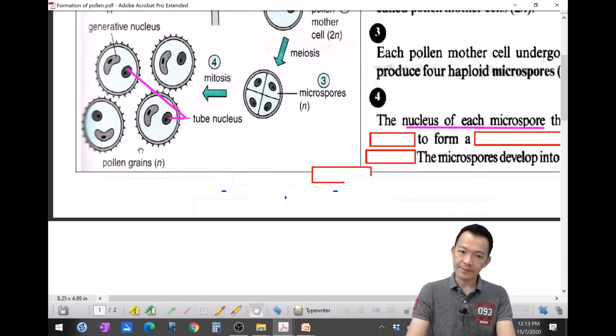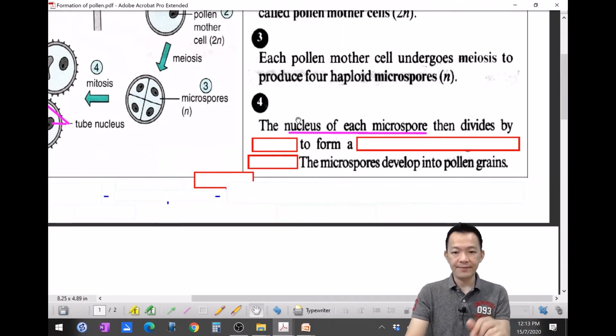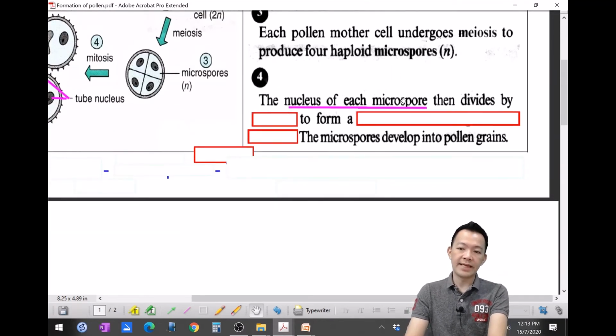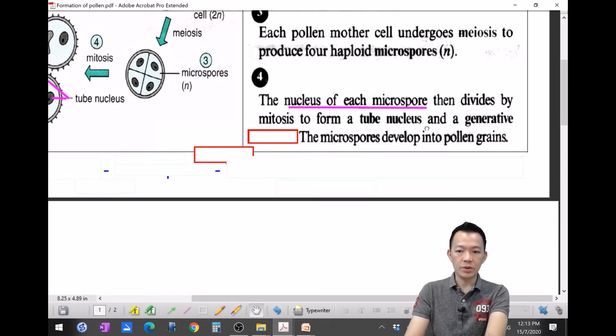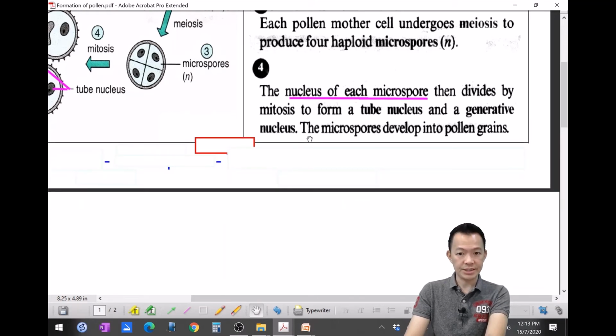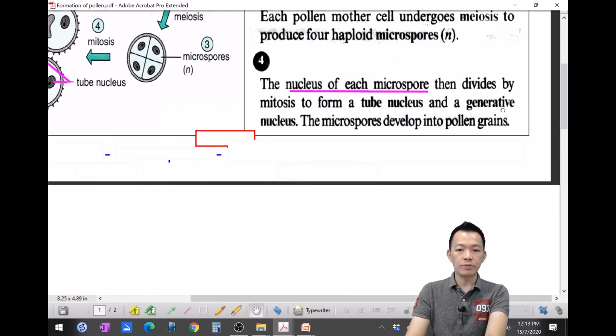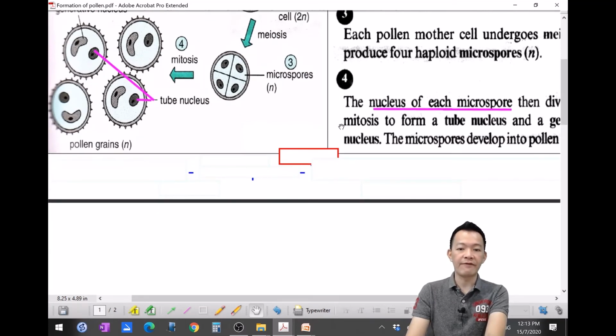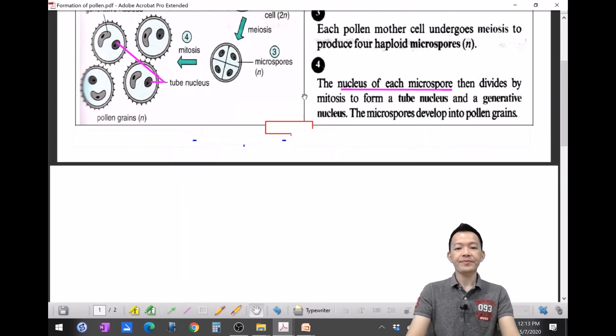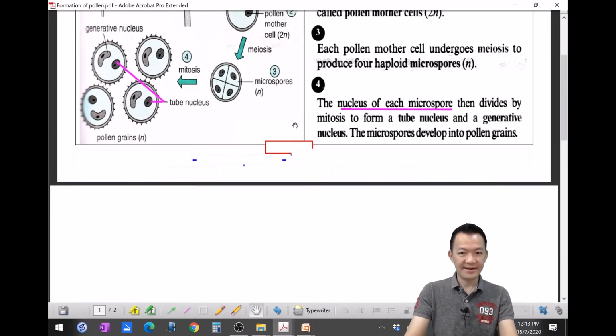So 1粒的花粉，OK，里面有2粒的 nucleus，一个叫 tube nucleus，一个叫 generative nucleus，这种就叫花粉。OK, so 再来看，so the nucleus of each microspore then divides by mitosis to form 2 types of nucleus, generative nucleus and tube nucleus. Tube nucleus and generative nucleus. Okay, so the microspore develops into pollen grains. 然后这整粒东西呢，加里面的2粒 nucleus 就叫花粉了。